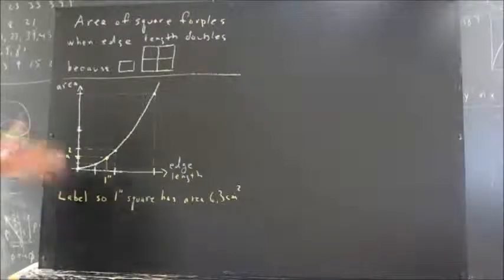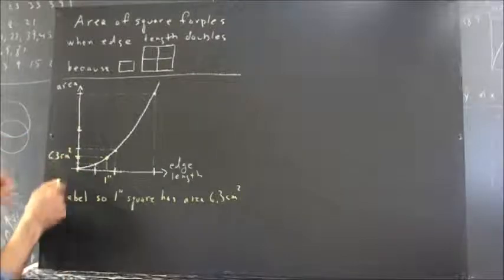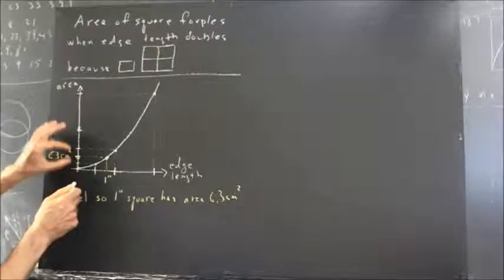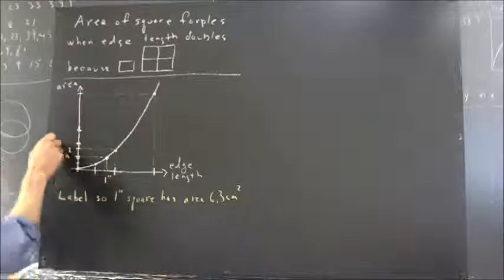Now we can continue to label this graph. If this is 6.3, then 6 is just a little less than that. So if we go just a little less than double this, from here to here and maybe down just a little bit, let's say we get 12